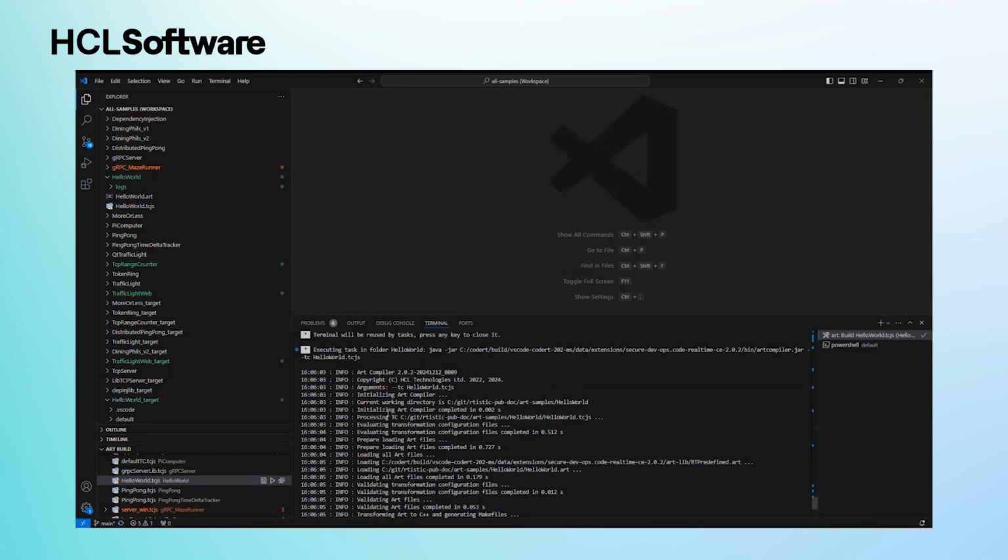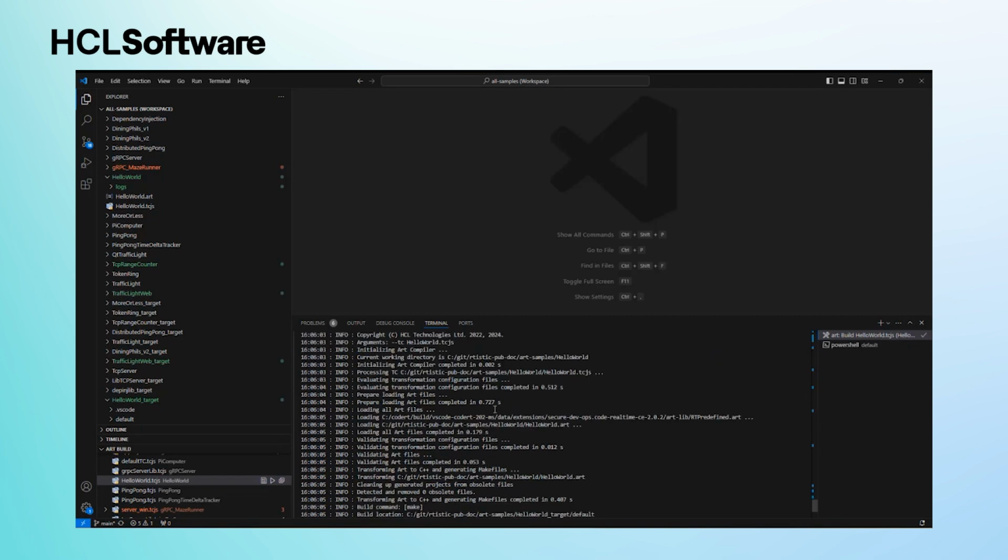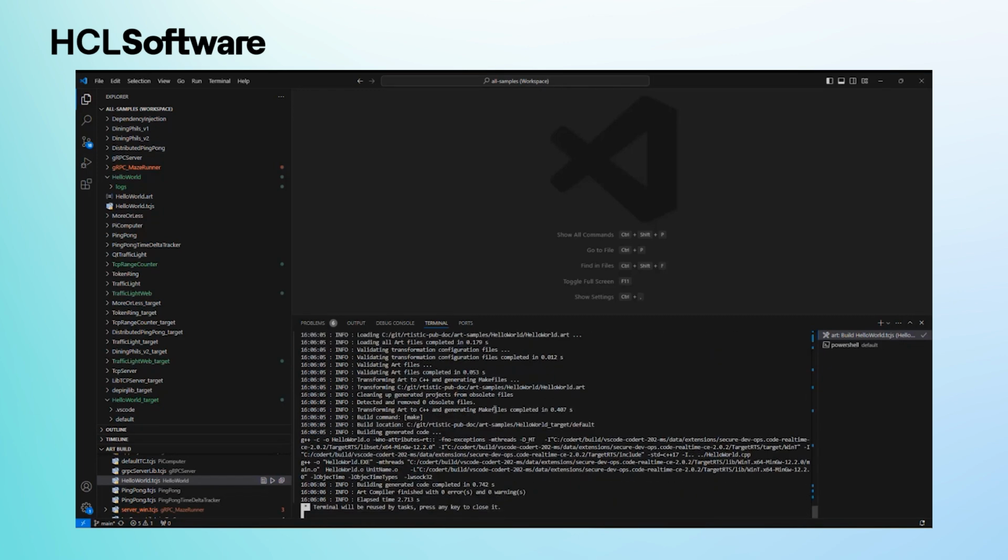So now it's actually using the art compiler. So building it like this is now identical to building it from the command line. That can be useful sometimes. And one scenario where it's needed to use this way of building is when you have build variants, because with build variants, you want to specify arguments for the build variant settings to decide what variant of the application you